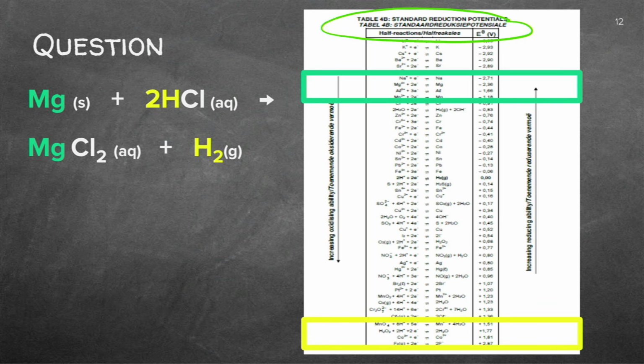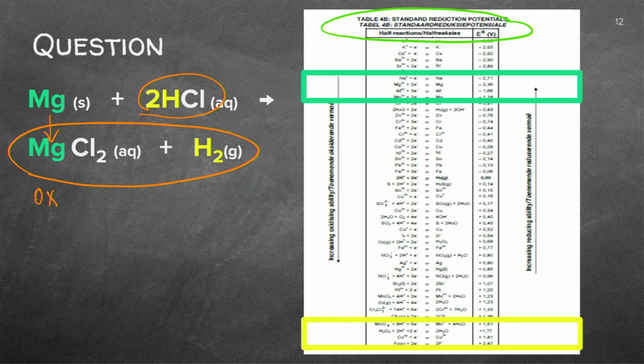I'm going to ask another question. I've got magnesium solid, can you see there? And the hydrochloric acid, and it made that one. So this one we covered. We said magnesium goes to magnesium 2+, that's oxidation. The hydrogen went there, it's the reduction, and you can see now where the redox comes from.